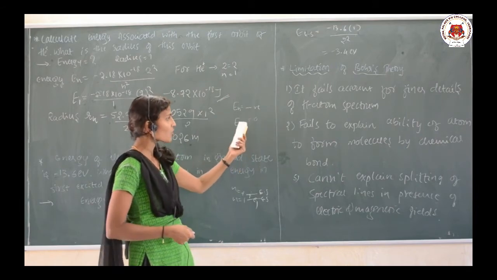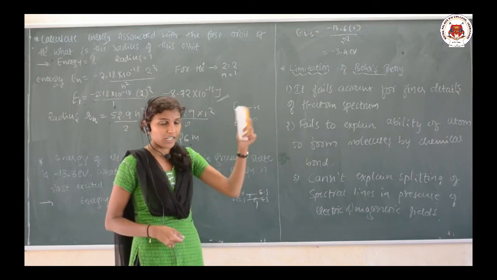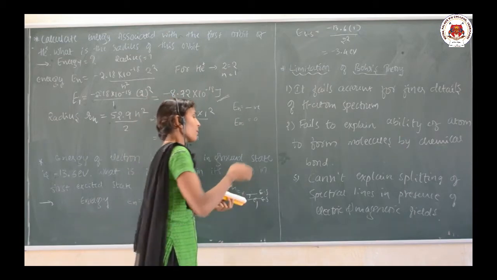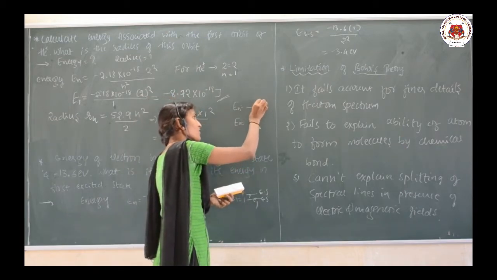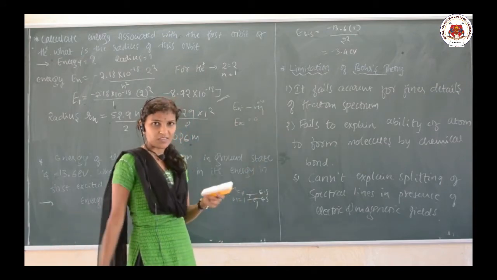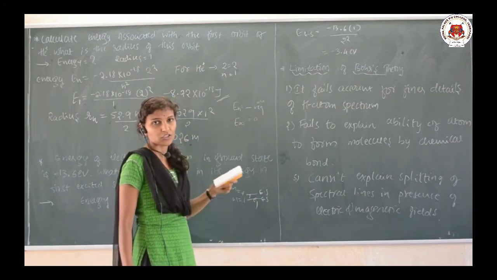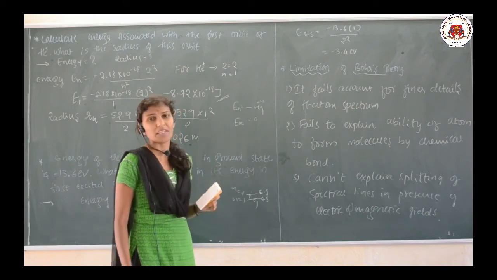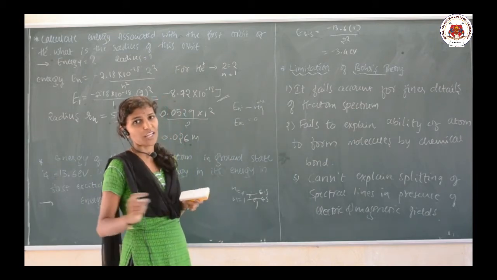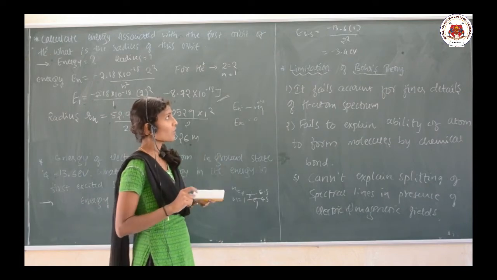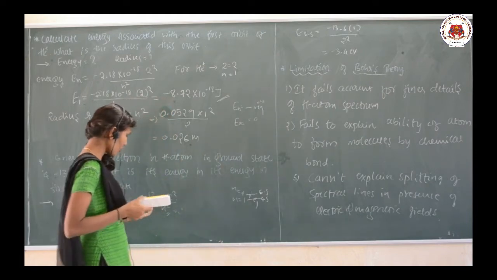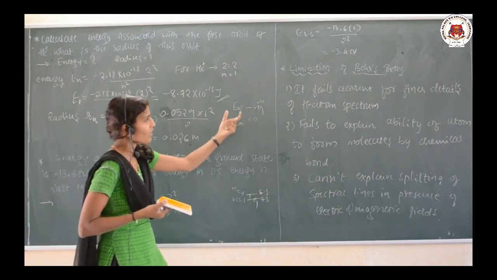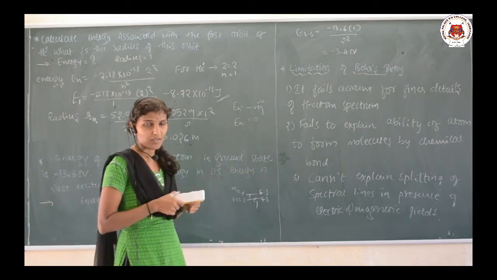So, the energy of an electron which is at infinity is said to be 0. When we compare these two, it is negative, which indicates it is less as compared with the energy of an electron at infinity. This is why the energy is represented as negative. If you look at the formula, energy of n is equal to minus 13.6. Why did that minus sign come? It indicates that, when compared, it is less.